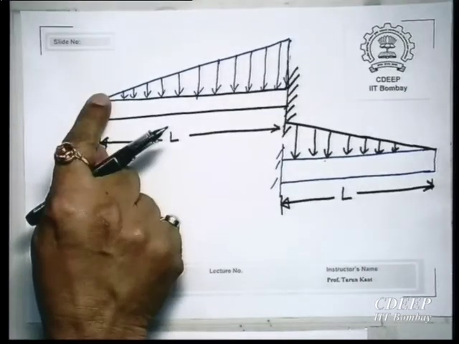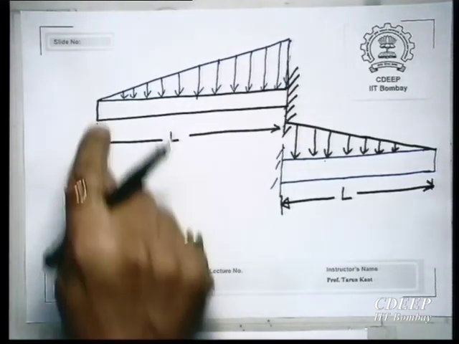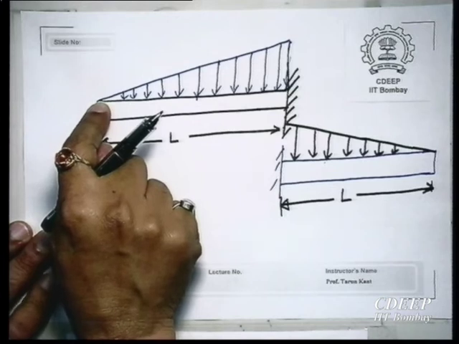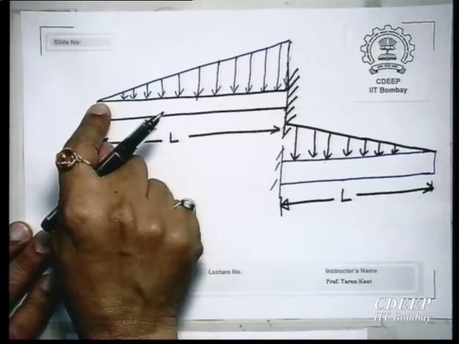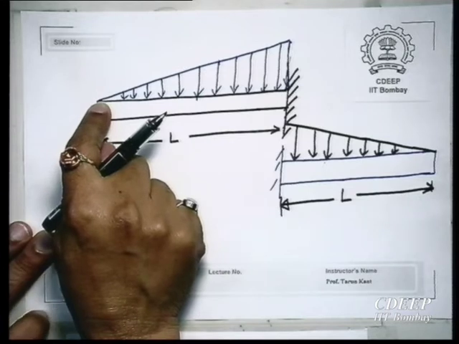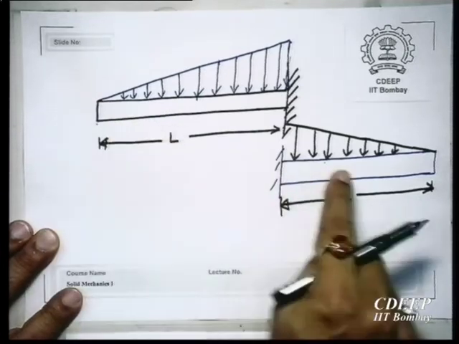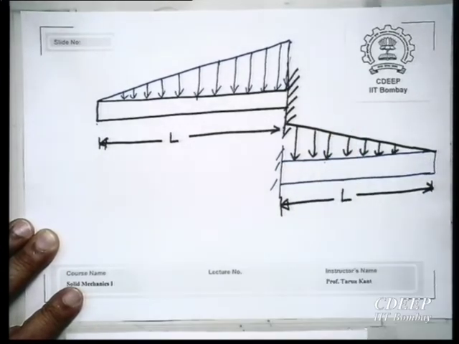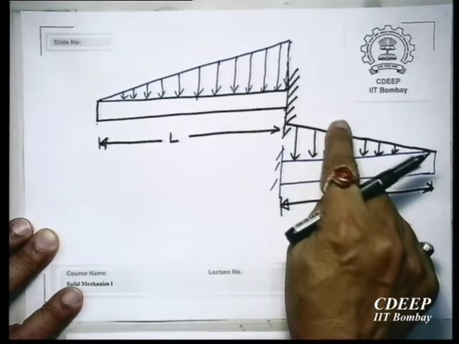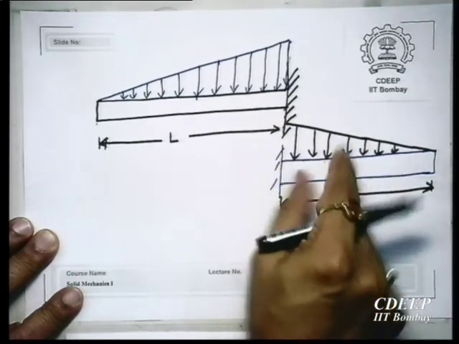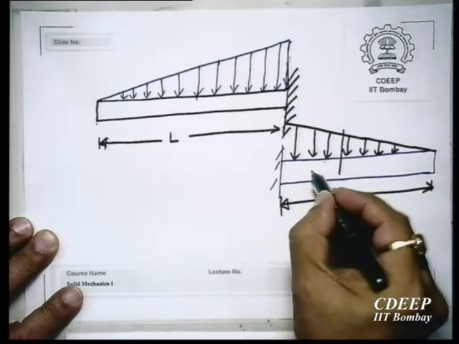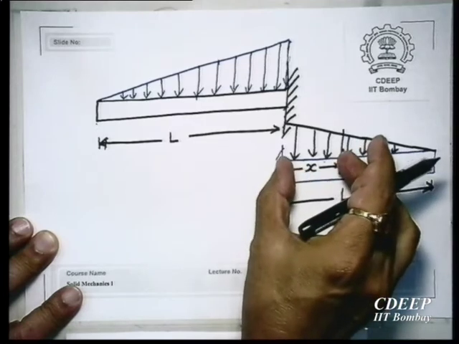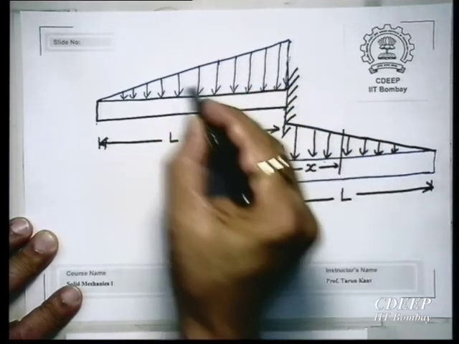If I solve this problem, if I take it like this, then there is some advantage in taking the origin over here. Calculations are less, simpler calculation. And if I take my origin over here in this problem, then there is slight complication, and the complication comes because of the trapezium. Because if I take a section over here, x from left to this, then I have to consider a load that is trapezium in nature. But if I take x from here,